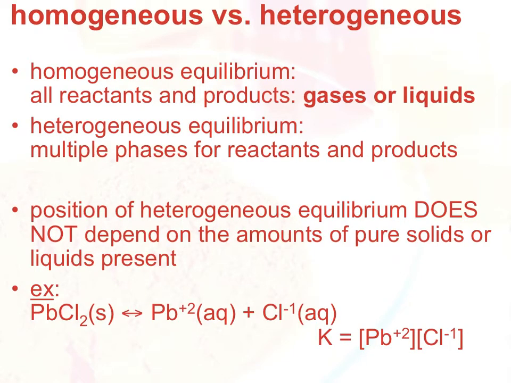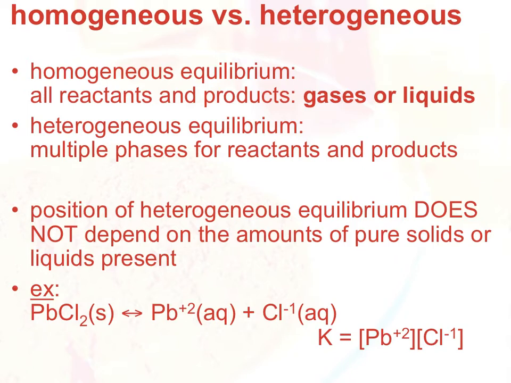So in homogeneous equilibrium, all the reactants and products are going to be in the same phase. So they'll all be gases, or they'll all be dissolved in a liquid or dissolved in a solution in the aqueous state. In heterogeneous equilibrium, we're dealing with multiple phases for your reactants and products. So you'll have some gaseous reactants or products and, say, a solid, or a pure liquid and some gaseous reactants or products. Now, what you need to understand is that with respect to your equilibrium,